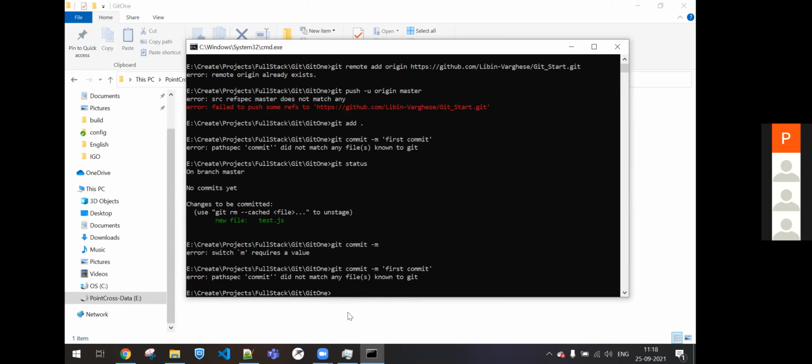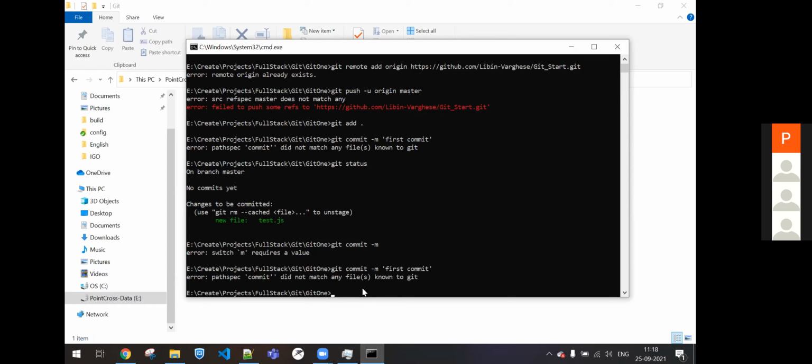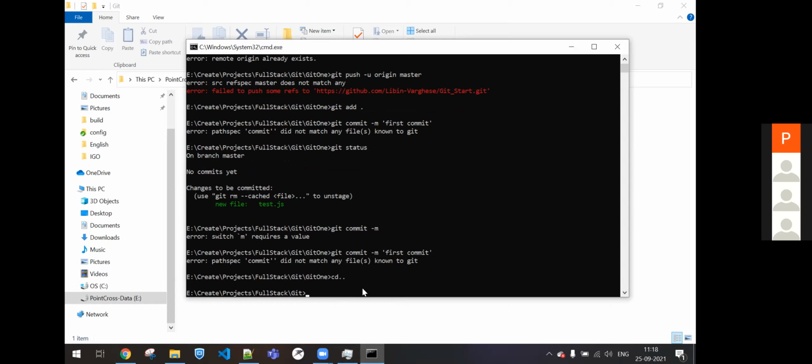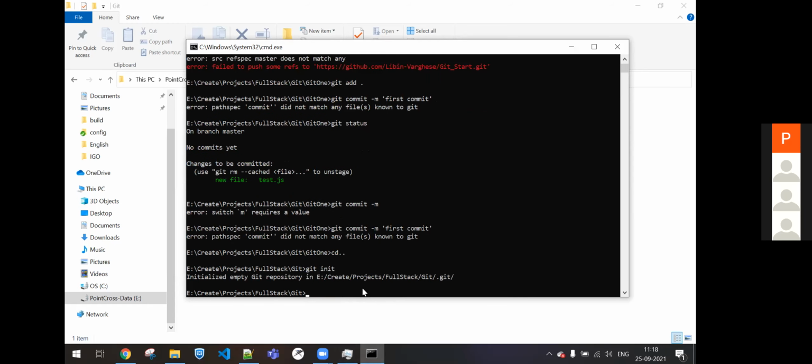Hey Libin, what you can do is create one more empty repository. Okay, don't do this. You do git init -repo, cd data. Okay, now you type git init. No, simply type git init. Wait, man. You created it inside a git folder itself. Okay, now you add the remote repository. I mean, git checkout, git remote add origin, all that.